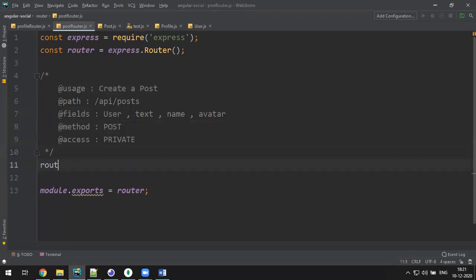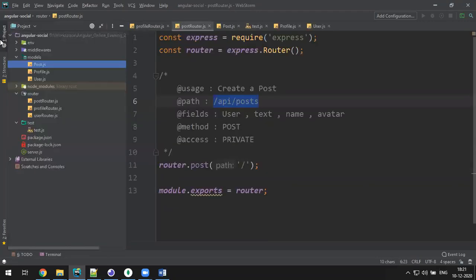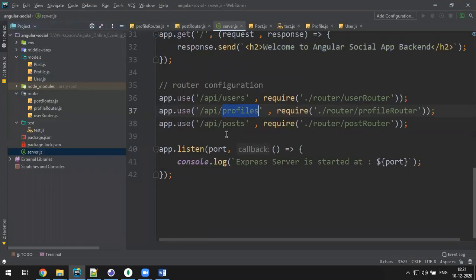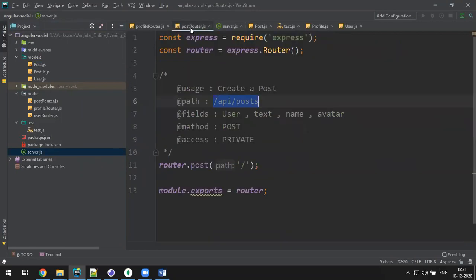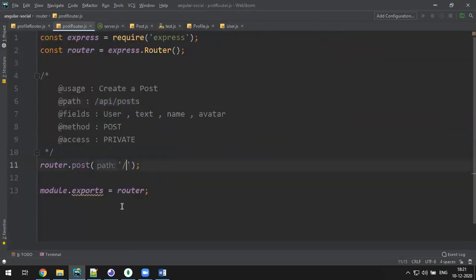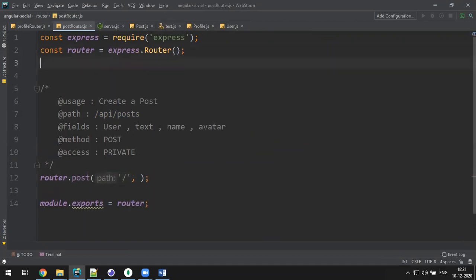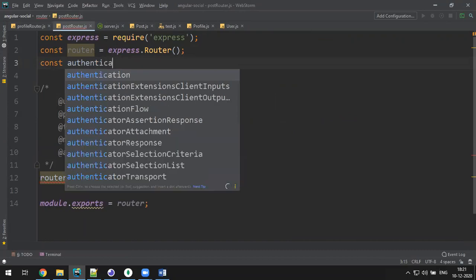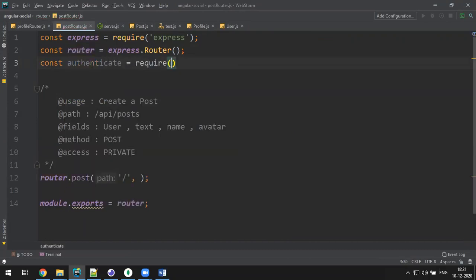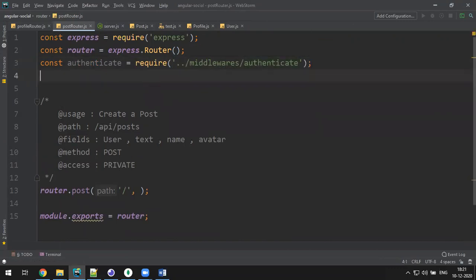So let's say router dot post. So here I have to provide the path. I think path is nothing because API slash post has already been configured in my server.js. If you go and see, yeah, API slash post has already been configured. So we don't need to write anything here. Just normal slash is enough. And let's say authenticate. I think I have to import. Yeah, let's say const authenticate is equal to require dot slash middleware slash authenticate,